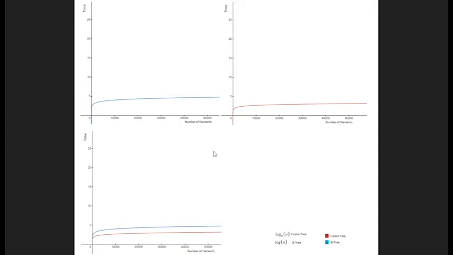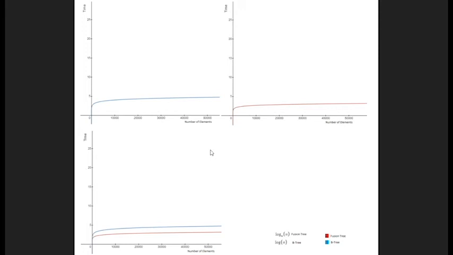So now we know what a fusion tree is. So, fusion tree being a branch of a B tree, we have drawn the time complexity graphs of a B tree and a fusion tree. The top left corner graph is the time complexity graph for a B tree, and the top right corner graph is the time complexity graph for a fusion tree. And down below over here we have the graph for both of these combined. So what we wanted to show is why a fusion tree is faster than the B tree when it comes to searching for an item inside the trees.